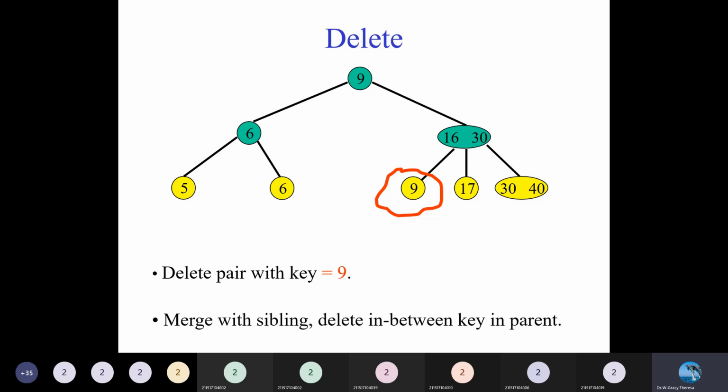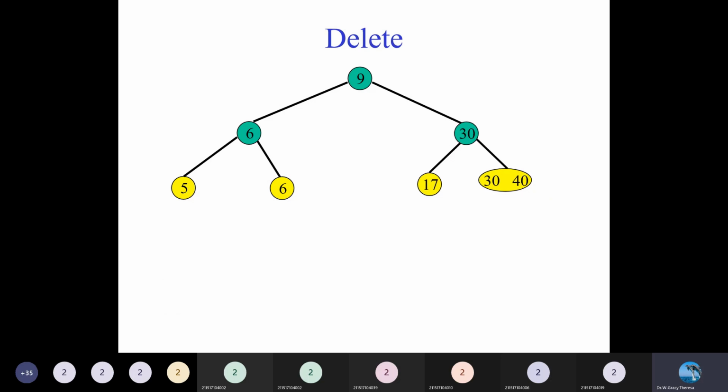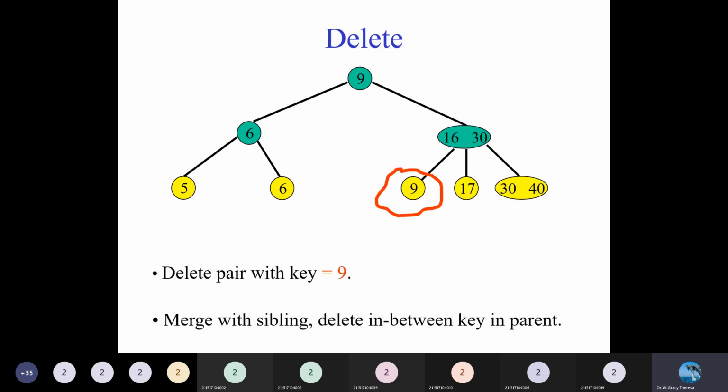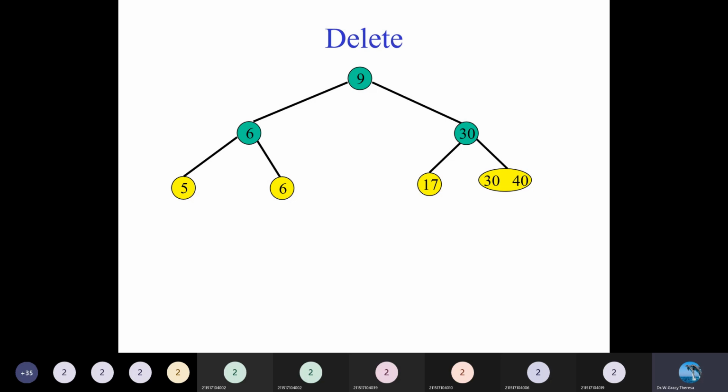So in such a case, 17, 30 will become your parent tree now. That is 70. Then 30 will be available. So the in-between number we have is 16, so 16 will be deleted over here. So 30 will be your parent node, the left leaf will be 17, and the right leaf will be 30, 40. So next one,